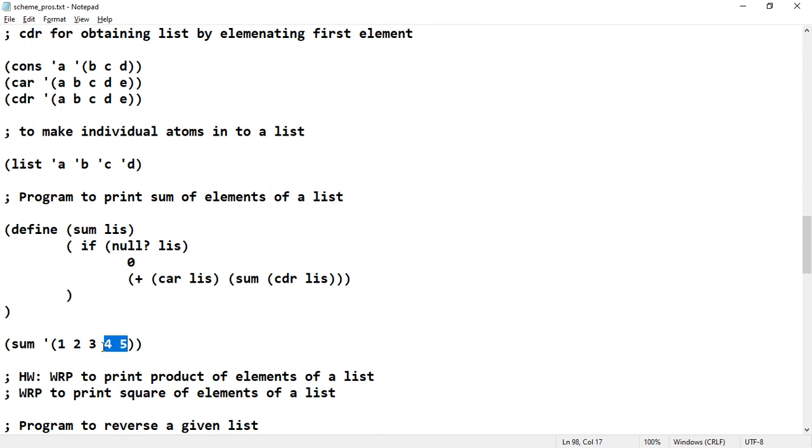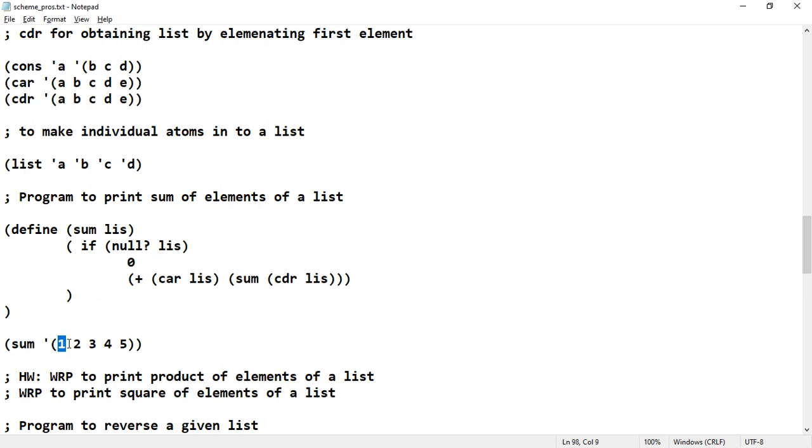So first of all, once you have been given any list, the first and foremost thing you are supposed to do is check whether the list is empty or not. If the list is empty, then you cannot do any operation. So that is the reason, if the list is empty, then return 0. Otherwise, you have to add the first element to the rest of the elements.